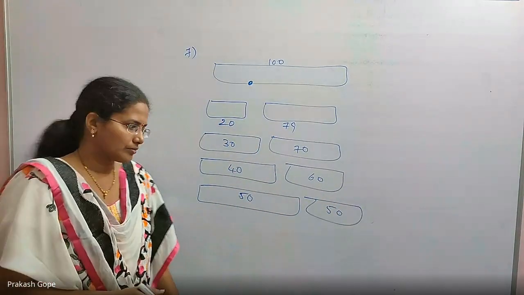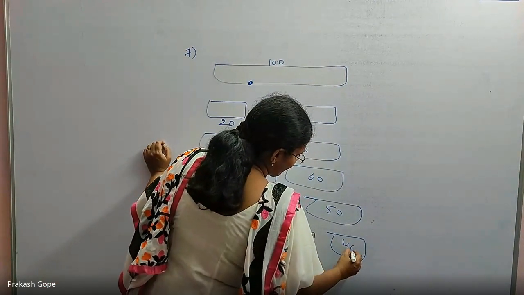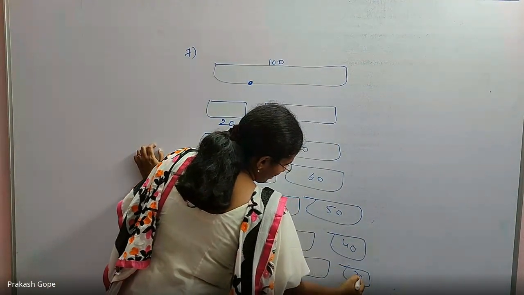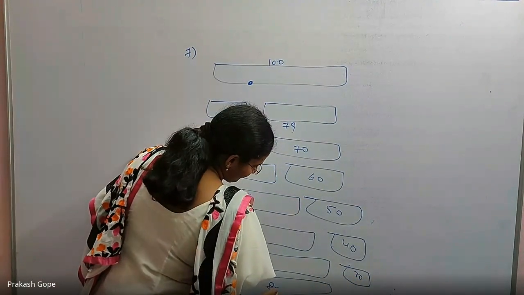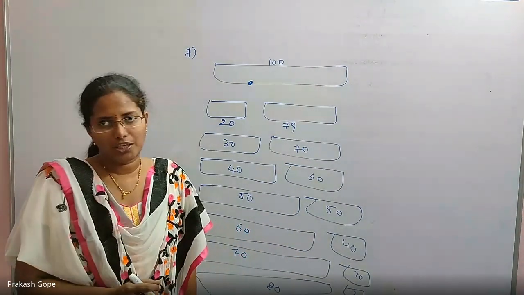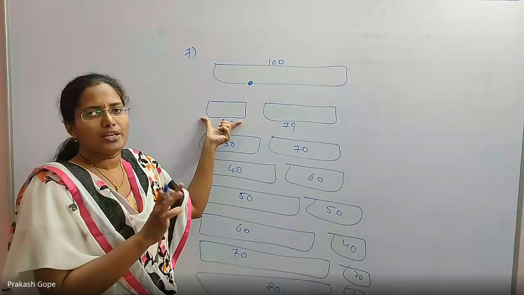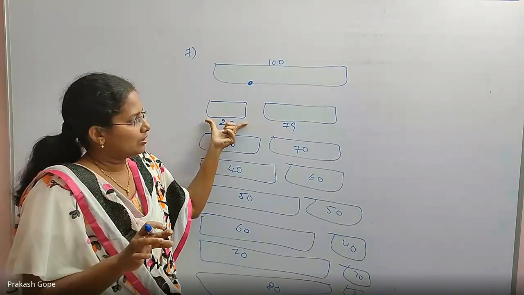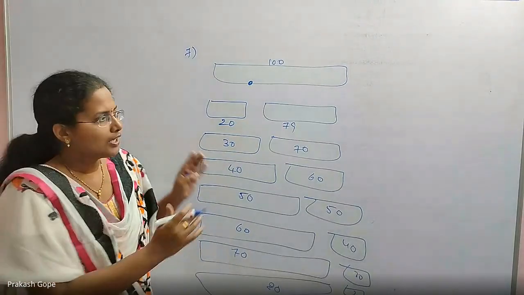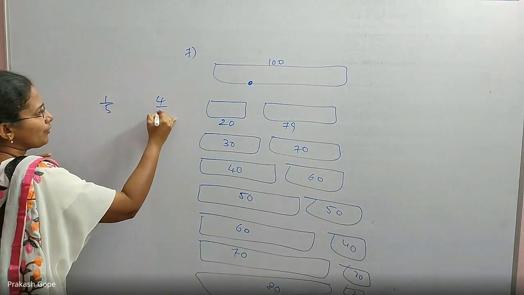Two equal halves. Then this is 60-40. First one is 60, next one is 40. The next one is 70-30. Last one is again 80-20. That's all, because each part should have at least 1/5 of the elements. So the worst thing that can happen is one of the arrays can have 20 or more. It cannot be less than 20, which means if the first part has 1/5 of the elements, obviously the other part will have 4/5 of the elements.